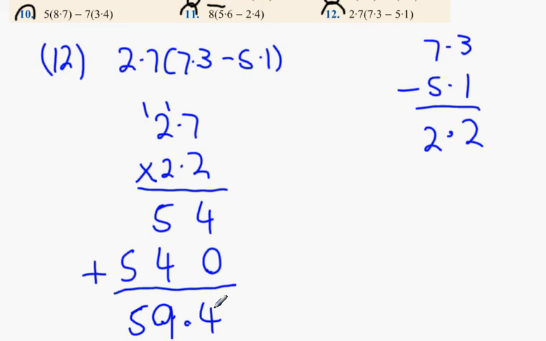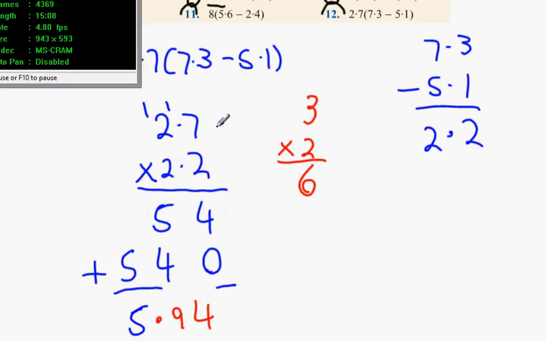59.4. Now 59.4 is quite large if you ask me. Round off 2.7 to its nearest number. 3. Round 2.2 down to its nearest number. 2. What's 3 times 2? 6. So your number should be really close to 6. Is there any way of fixing that so it's closer to 6? Yeah, Garrett? It's 2 decimals. So 5.94. Okay, so you can always round it off, and that's a great way of checking your answer. Alright guys,